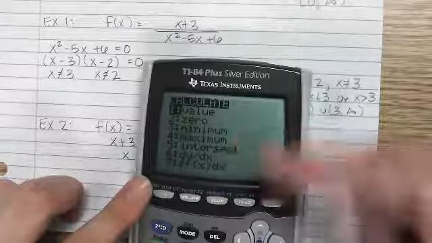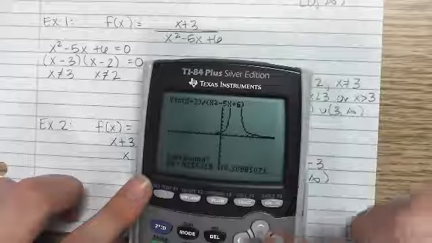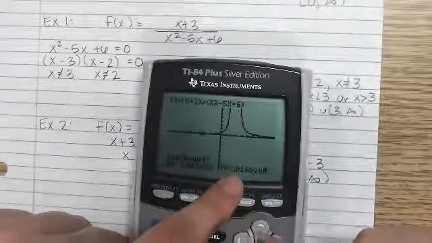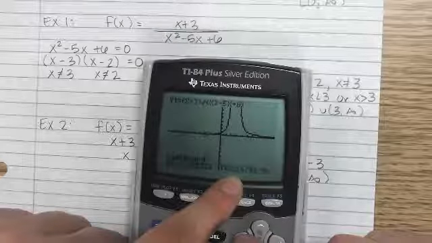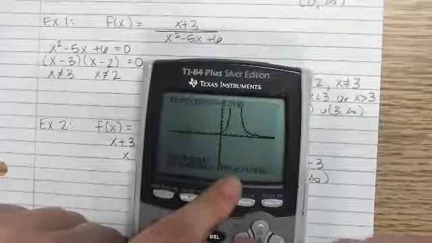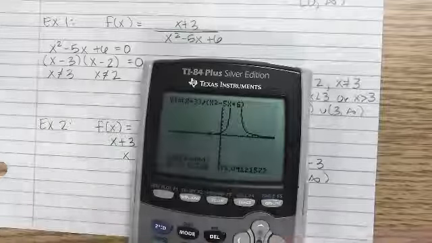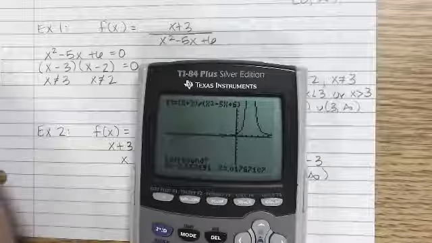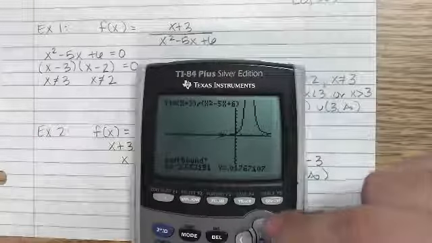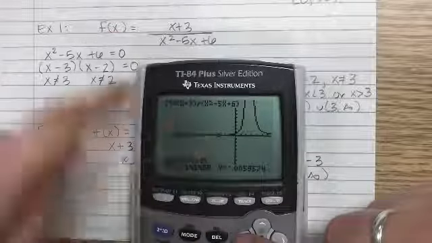Kind of a cheater way to check. A lot of these, if you choose any of these, it kind of traces the graph. So what I usually do is I'm not actually trying to find the x-intercept here. I'm just kind of scrolling along. I'm noticing, and it did cross over. It did cross over the y-axis there. The video, because I had an answer for this that wasn't right that I realized as I was making the video. So, and that makes sense where I said it crosses over the y-axis. That makes sense because if we look at the equation,